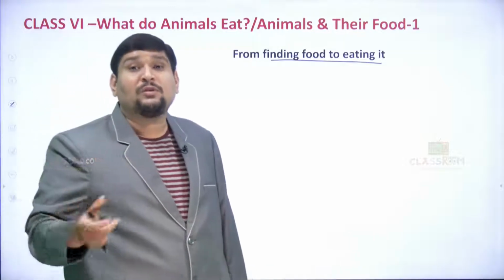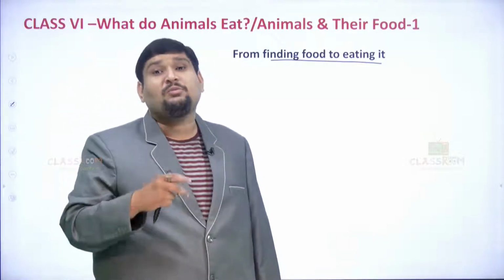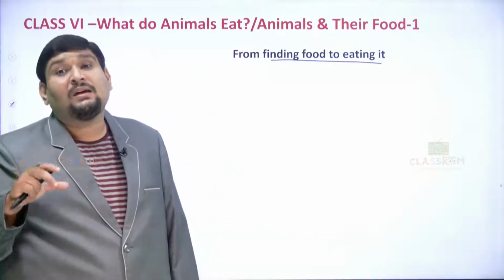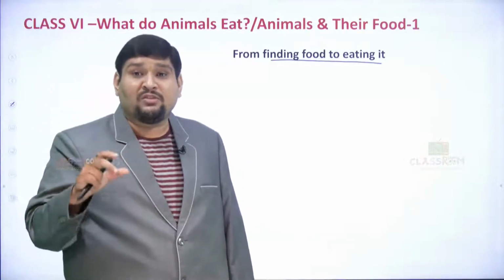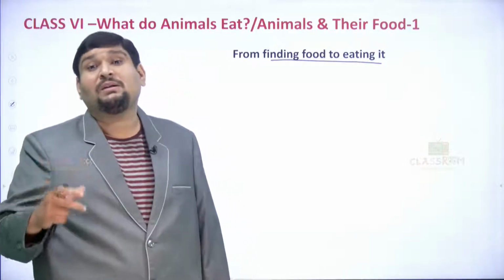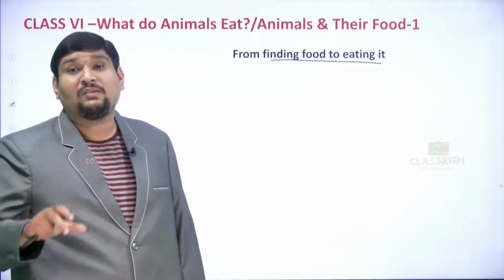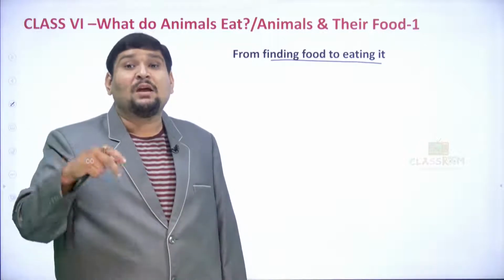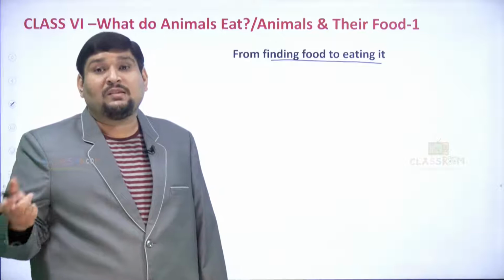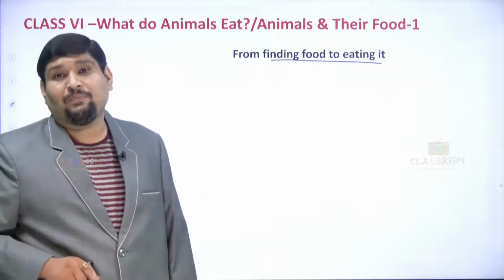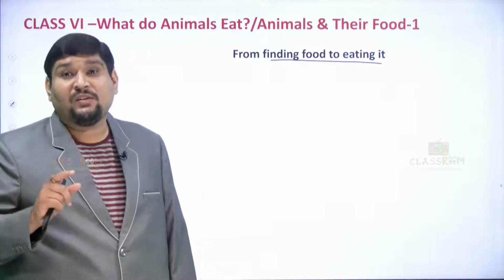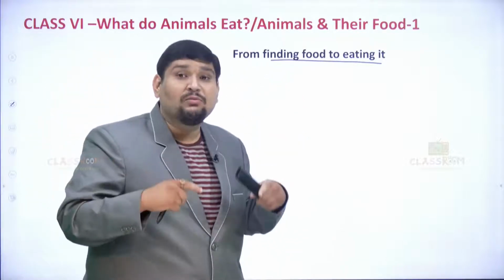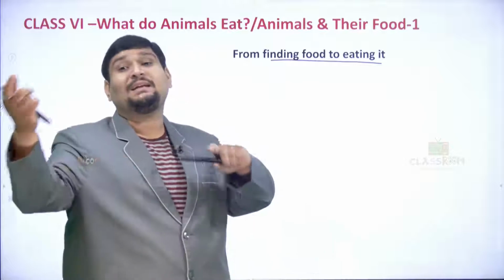As you have been learning in earlier classes about habitat, the surroundings and the living organisms, where they take shelter and where they get food, air and water in particular places. In all such areas we are going to define these. Here we are going to find out how animals go from finding food till eating it.